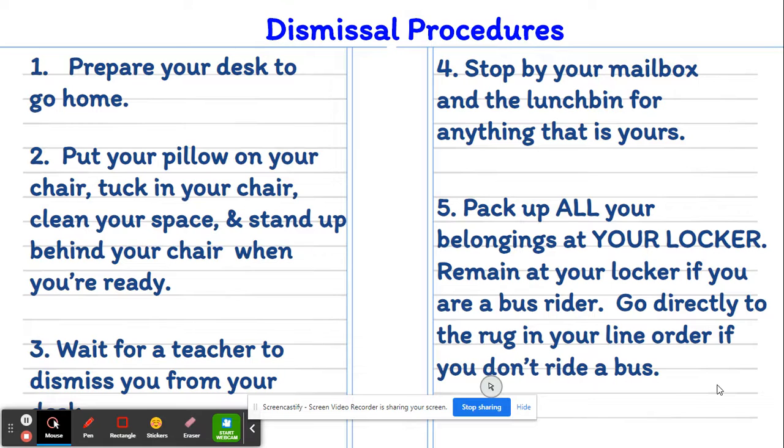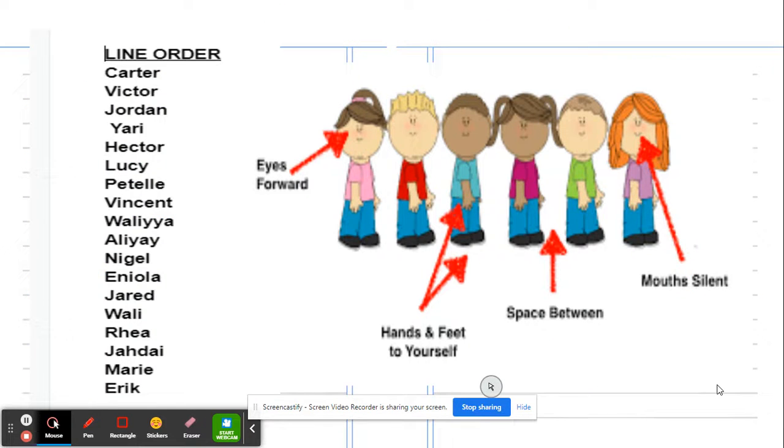So if you could just pick a spot and supervise the kids at 3:15, the bell will ring. And the kids who are in the room know that they should line up on the rug in their line order. The kids who go on the buses stay outside by their lockers. And at 3:15, if you could just let the bussers know they're by their lockers, they can go walk to their buses. And if you could please walk the kids who are lined up on the rug all the way out by the office door to the circle drive outside. And we usually stand out there and help supervise until 3:20.